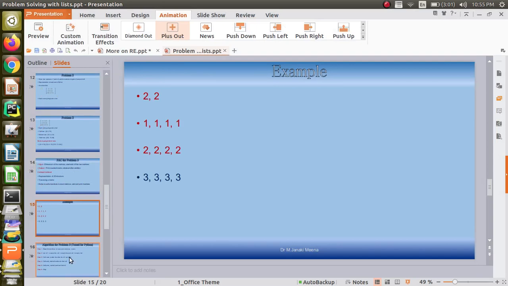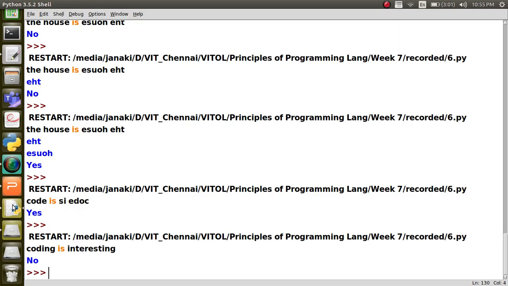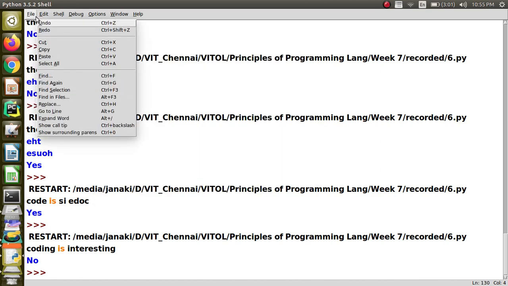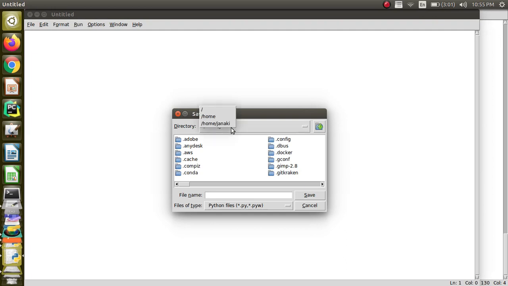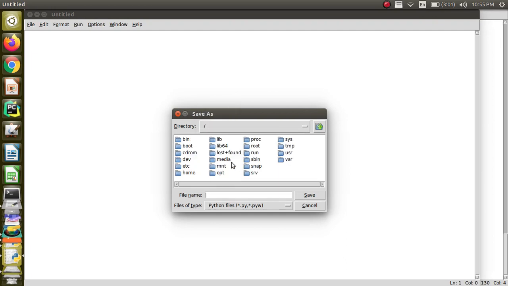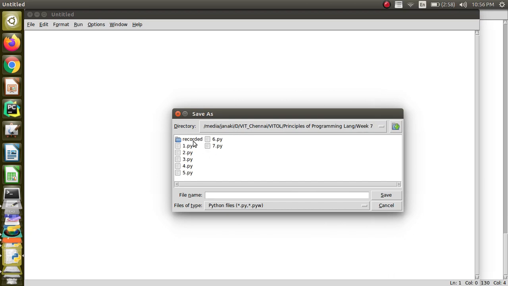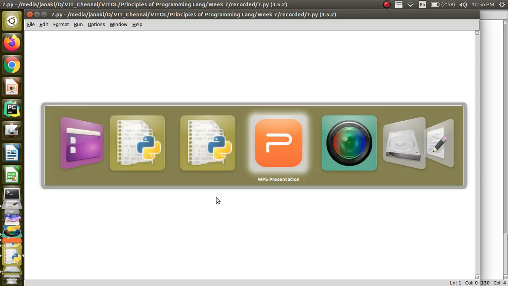And now we can first of all do on the terminal how to represent a matrix, and then we can check adding the matrix. So before that, let us do it on the terminal.